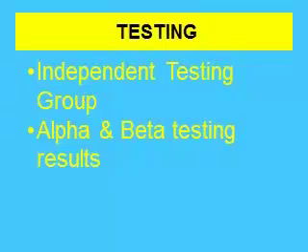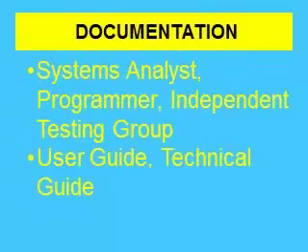And usually the clients get to test it in parallel with their existing system, so it's double the work for them for a couple of weeks, and then they pass back any problems or concerns or successes to the software development company, and the independent test group pull together a sort of final summary of the test data, and they pass that back to the implementation team to resolve, or they pass it on to the implementation stage. And at this point, the system analyst, the programmer, the independent testing group, and maybe even the project manager, are all involved